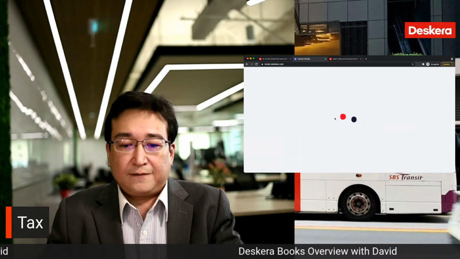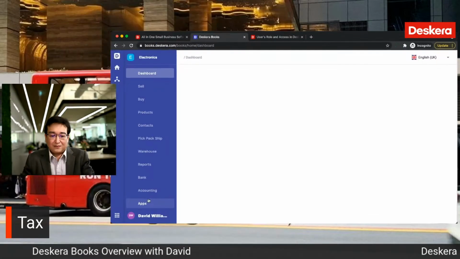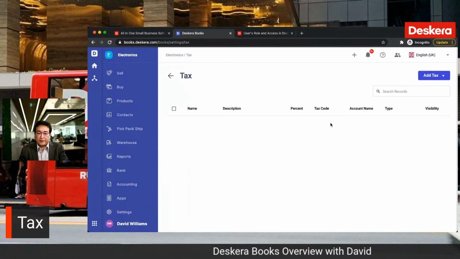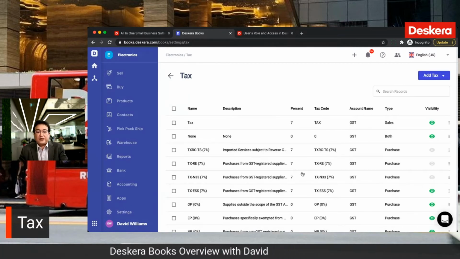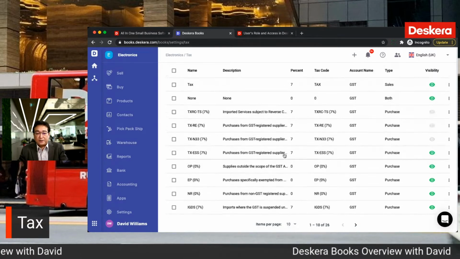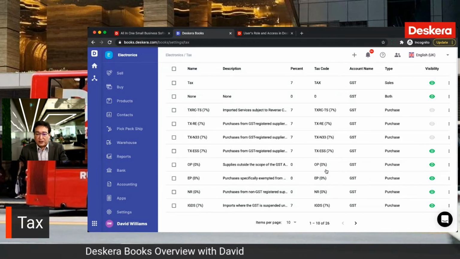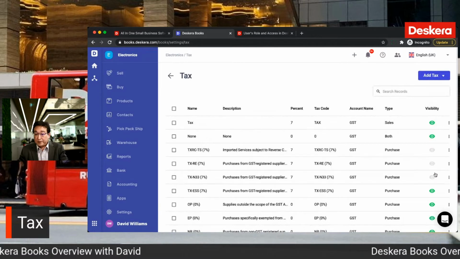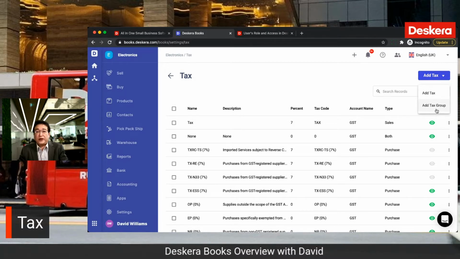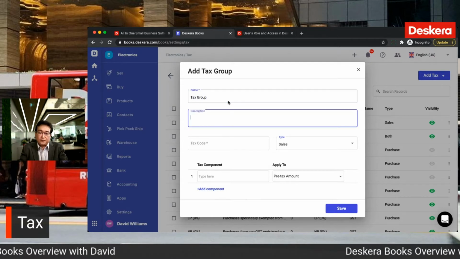All right, so we're just signing in. I'm going to click on settings and let's click on taxes. This, for example, is a Singaporean company, so you can see that their tax is not based upon your address or specific location. It's based upon GST 7%, and there's over, let's say, 24 different types of GST. We can click the eye icon to make it visible or disable, and we can also add tax groups. So if you want to combine multiple of them together, for example, tax group,